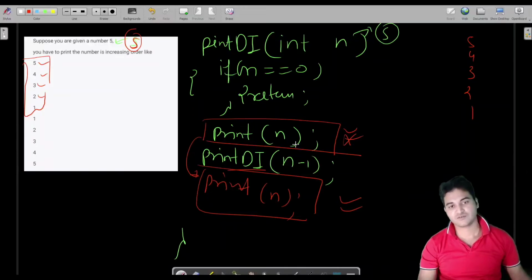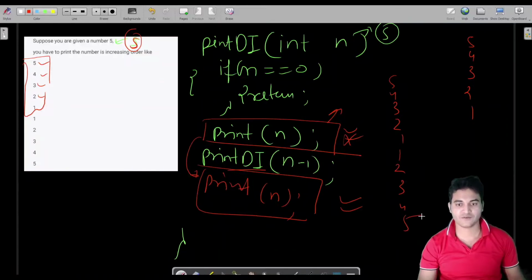Before calling the method, if we print the number, it prints 5 4 3 2 1. And if we print the number after calling the function, the output is 1 2 3 4 5.